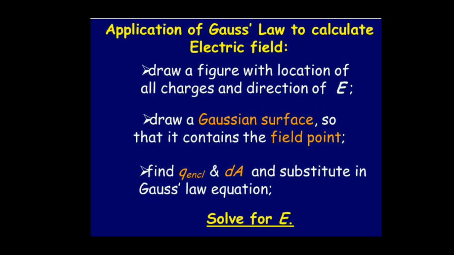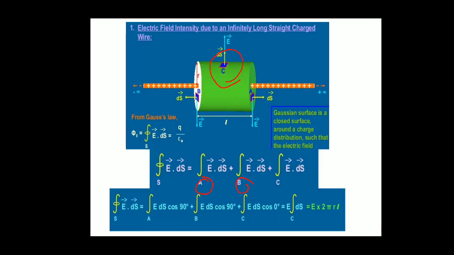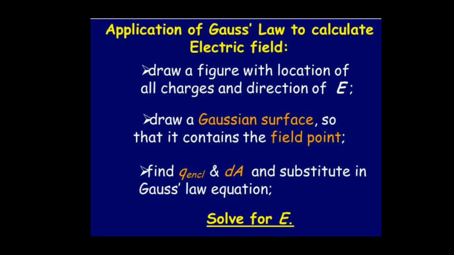Once again I will say, both derivations are the same thing. This is one method, that is another method. Whichever method is convenient for you, follow it with the proper explanation. Generally, if I am applying Gauss law, you first have to locate the point where I have to find the electric field. Then for that point, draw a symmetrical Gaussian surface. Then find the charge and the area, apply Gauss law, and you can get the expression for electric field.